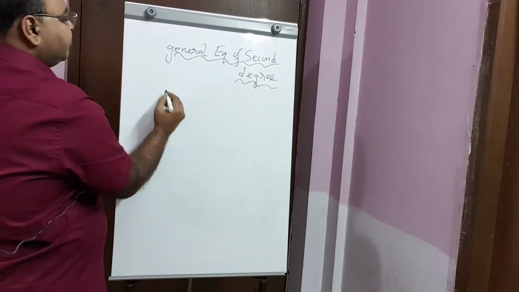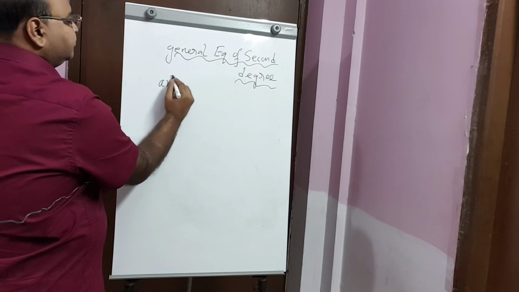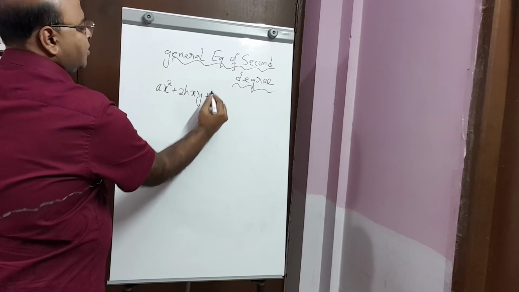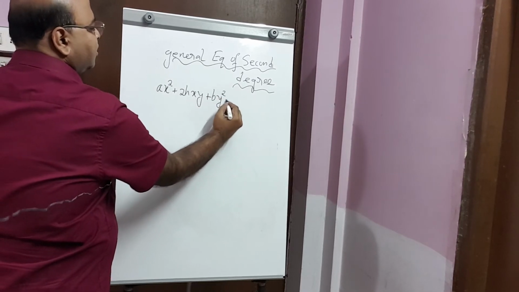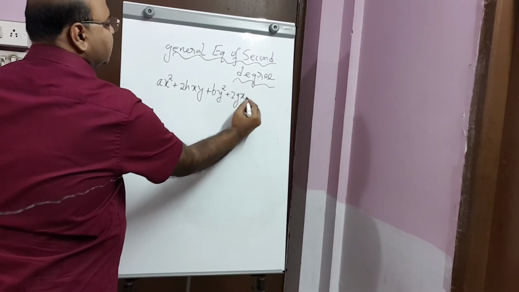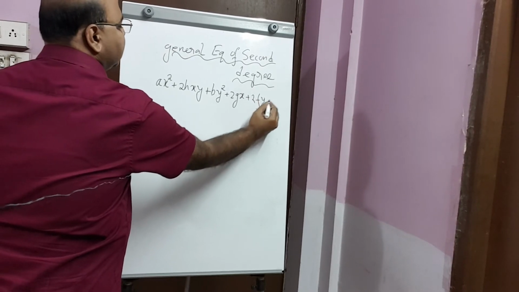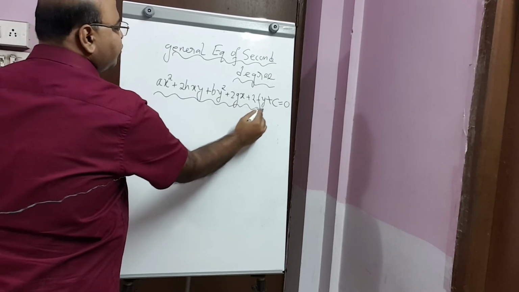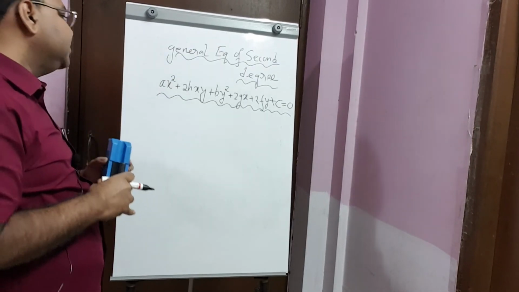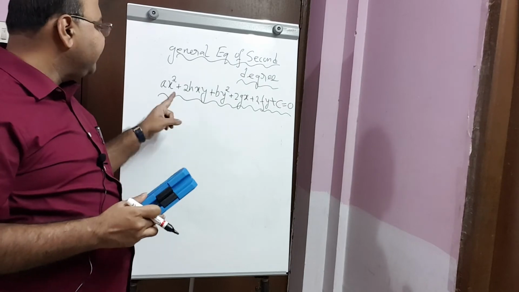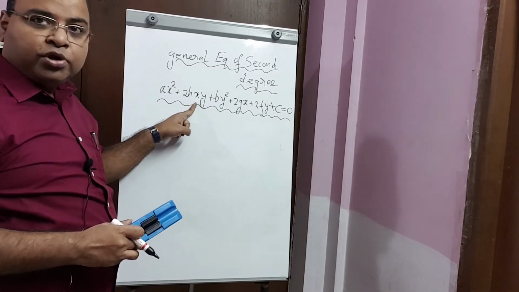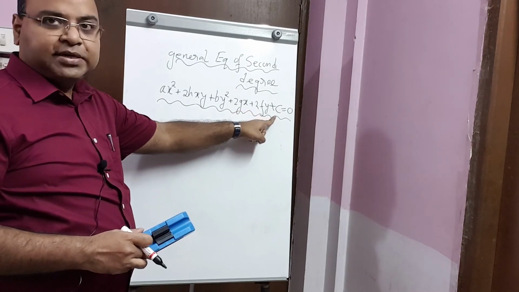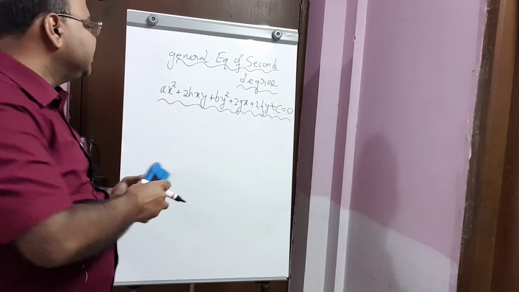is given by ax square plus twice hxy plus by square plus 2gx plus 2fy plus c is equal to 0. This is the most general equation of second degree in two variables x and y. So here we have an x square term, an xy product term, a y square term, an x term, a y term and a constant term. So this equation will represent a circle